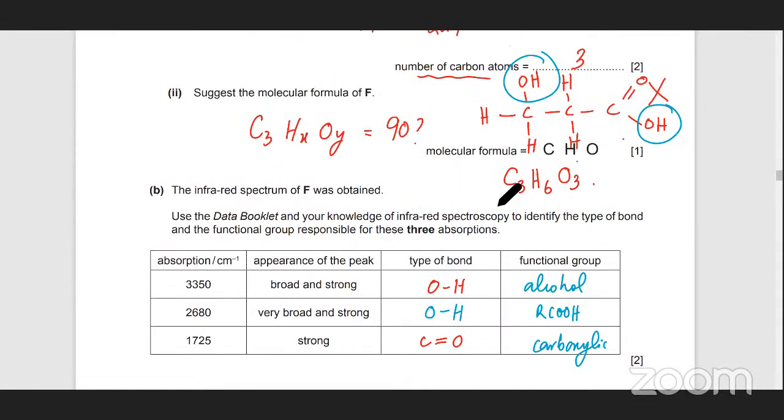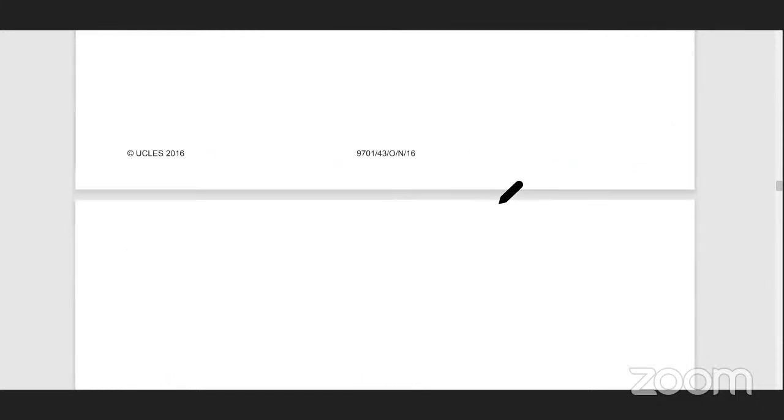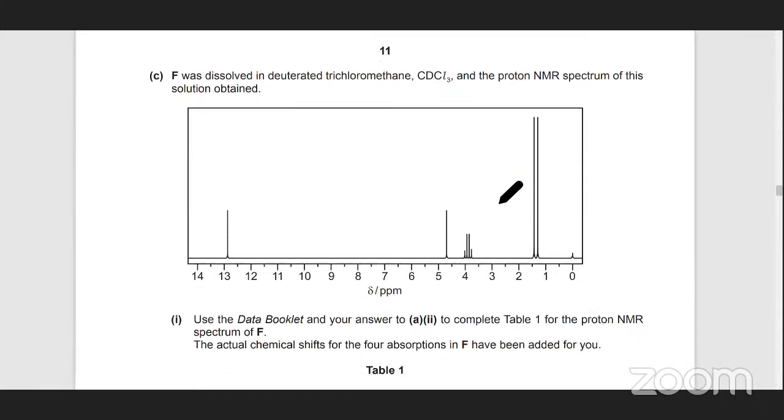So the molecule we made in our first attempt was actually pretty accurate. There was an OH that belonged to an alcohol, that's there. There was an OH that belonged to a carboxylic acid, that's also there. And there's a C=O bond that belonged to the carboxylic acid, that's also there. The only thing left is to figure out where the OH is. Is it on the carbon at the end, or on the middle one? That's the only thing left now. So now you're moving towards the NMR spectrum,